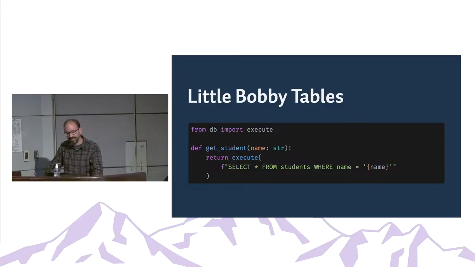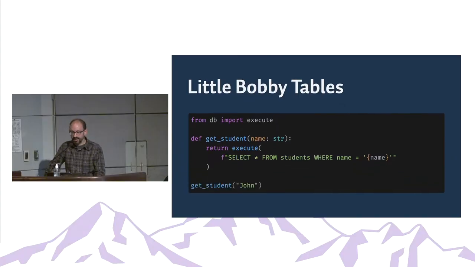So this is Little Bobby Tables. Basically, we have some hypothetical database library, and it's got an execute method, and we write a get student that takes the name of the student, and it executes this little bit of SQL. And when we call get student with John, everything is okay. This actually works just fine. But the moment Bobby Tables enrolls in our school, we've got a bit of a problem, and actually we drop